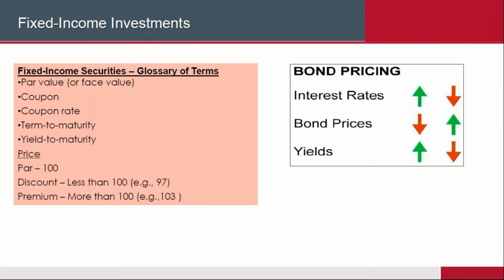However, if you bought the bond for a higher rate, in other words, you paid more than $100, let's say you bought it at $103, then you bought it at a premium. So if you bought it for less than the par value, you bought the bond at a discounted rate. If you bought the bond for a higher rate than the par value, then you bought the bond at a premium rate. That's really all you need to know for this particular situation.